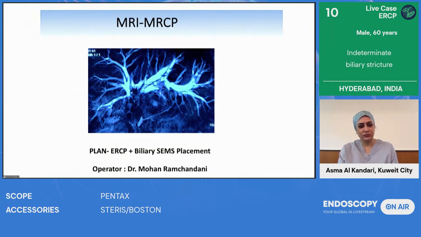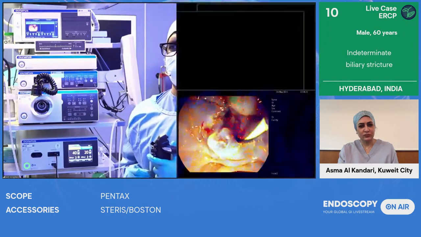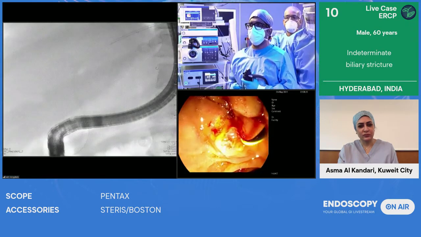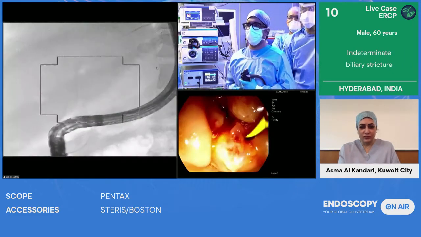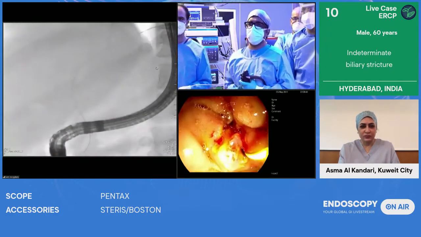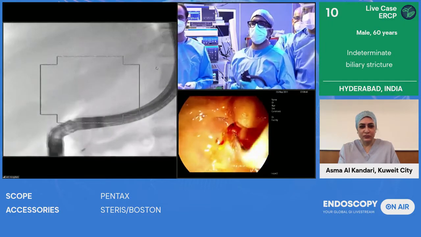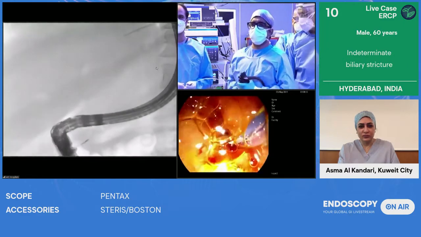And we will be doing ERCP in this patient. For the want of time, I passed the scope down up to the ampulla and did a sphincterotomy and passed a wire on the left side. We have not yet obtained a cholangiogram. I tried to inject some air there. Now we'll go into the left hepatic duct where I could manage to pass a wire, and then we'll do a cholangiogram to see the anatomy here.